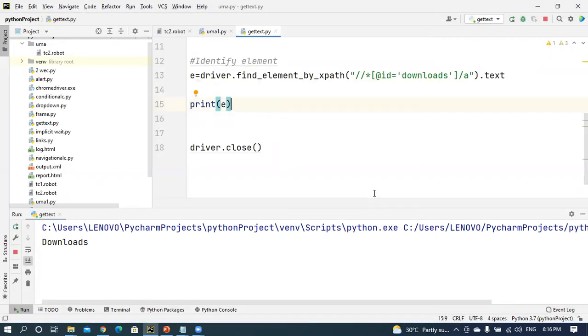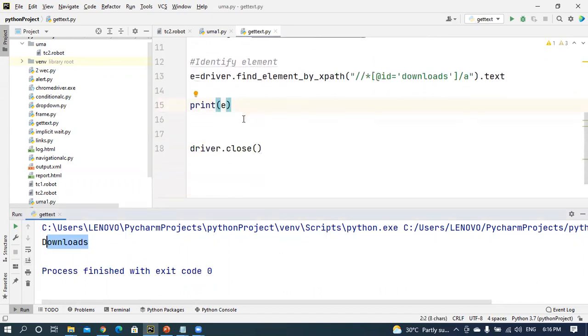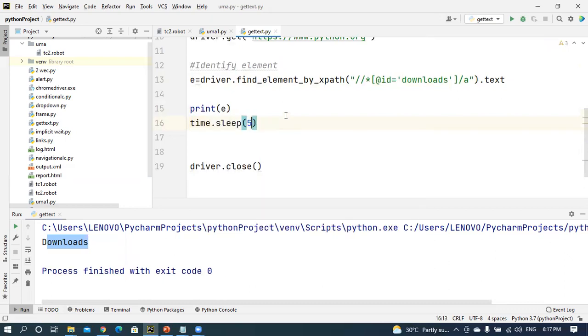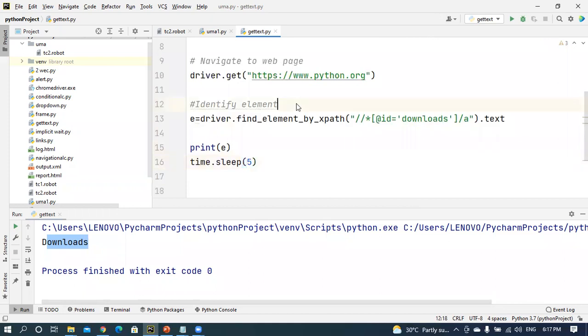For example, maximize the window, go to Python, identify that element, and this is the Download. If you want to wait for some more time, you apply the sleep command. After getting the text, wait for some more time: time dot sleep, here 5 seconds. Execute this.